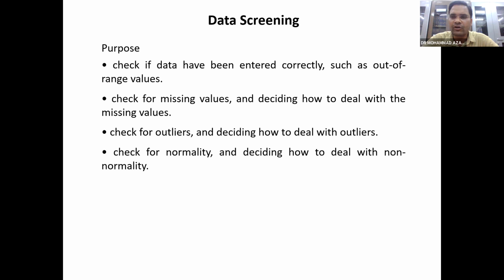So when data follow normal, we use parametric test, and if data does not follow normal, we use non-parametric test. So different types of testings are there on the basis of normality. So normality बहुत इंपॉर्टेंट पार्ट है आपके टेस्टिंग्स के लिए।